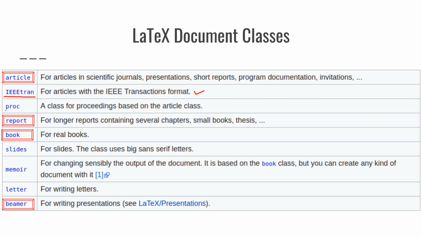We also have one more document class called proc, a class for proceedings based on the article class. We will not be using this much. The ones which are used famously are specified with hollow rectangles. Next we saw report, for longer reports containing several chapters, small books, thesis. So if you are interested in using LaTeX for your mini or major project, you have to use document class as report. If you are interested in typesetting a real book, you can use book class. And